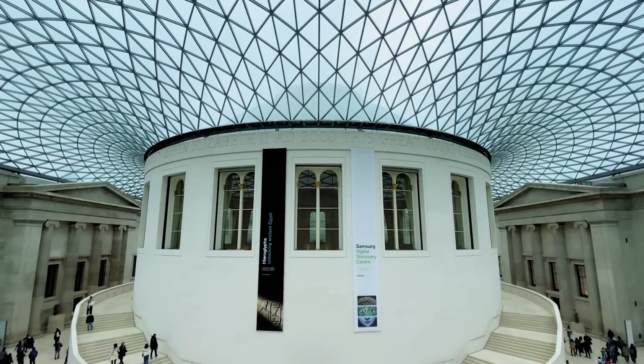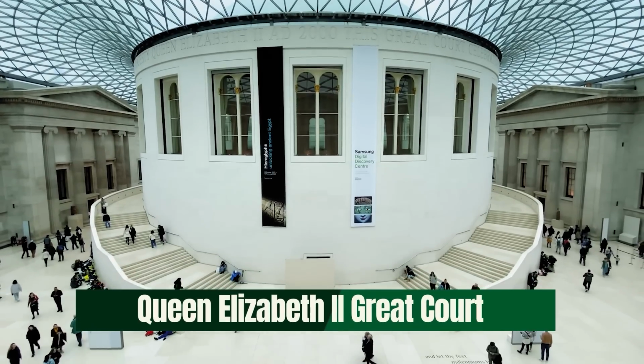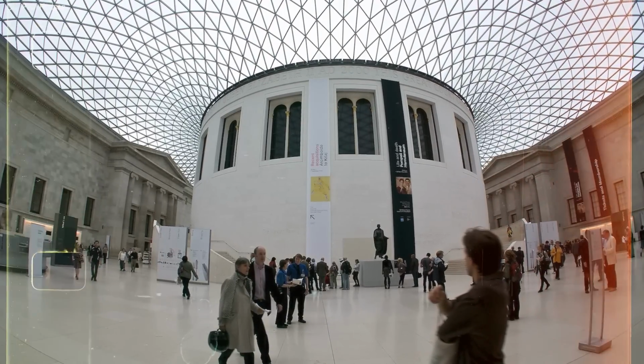The present look of the British Museum took shape in 1997 when the centre of the museum, which had previously housed the library, was redesigned into the Queen Elizabeth II Great Court. Described as the largest covered square in Europe, the Great Court serves as the focal point and lobby for the museum, much in the same way the Louvre